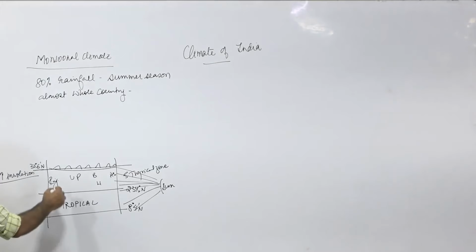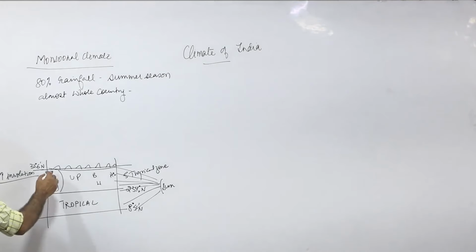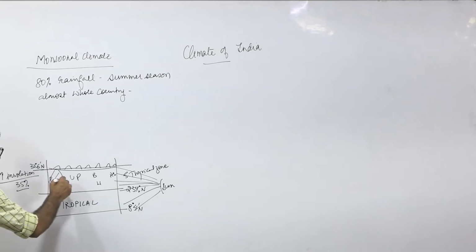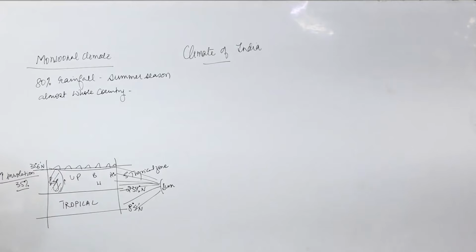Okay. What is there in the west of India? In Rajasthan, it is desert, the Thar desert. So, is the rate of heating of the desert high or low? High. Albedo of the desert is only 35%. 35% means it is reflecting 35 and absorbing 65% of the insolation of the sun. So, it will become warmer faster. So, temperature in the western part of India will increase faster. Will it not increase faster than the tropical region?